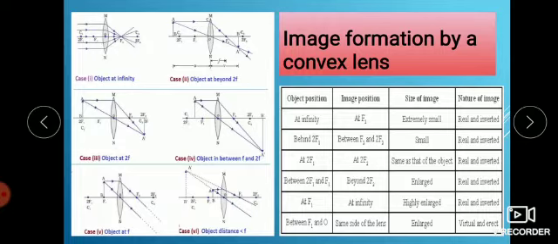Okay, practice it. I want you all to look at this, or you can take the help of the textbook. I have already taught you how to draw the ray diagram in the case of a mirror, and we have also learned the rules. So what you have to do is practice these ray diagrams and this table in the case of a convex lens. Okay, is that clear?